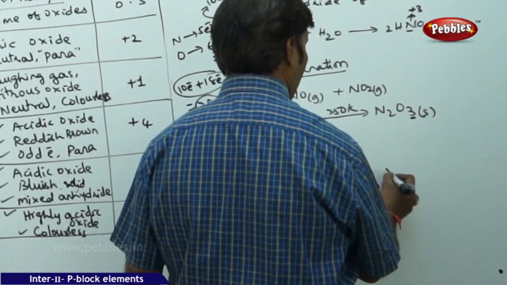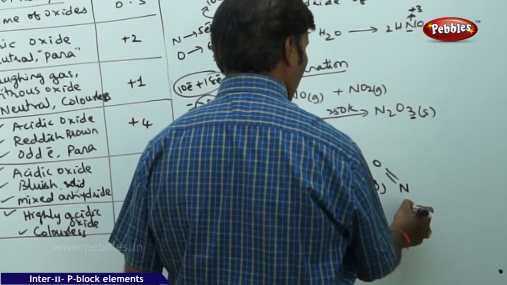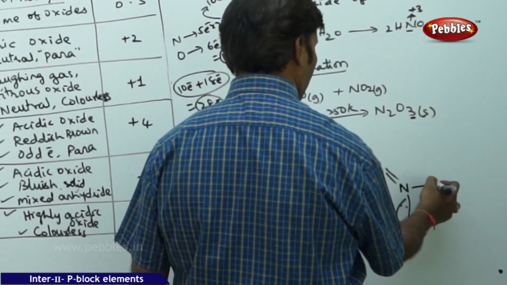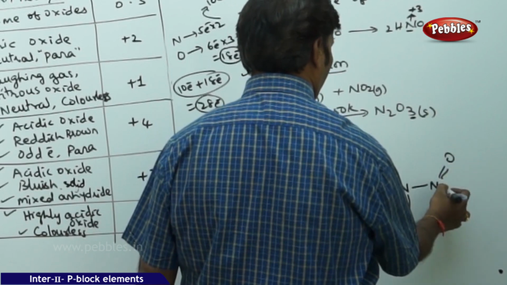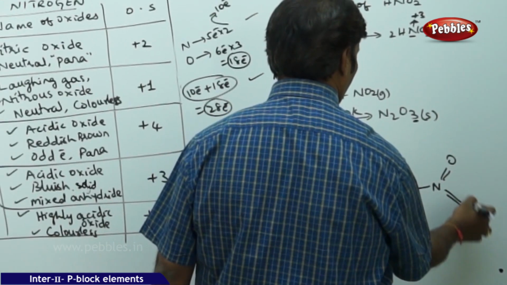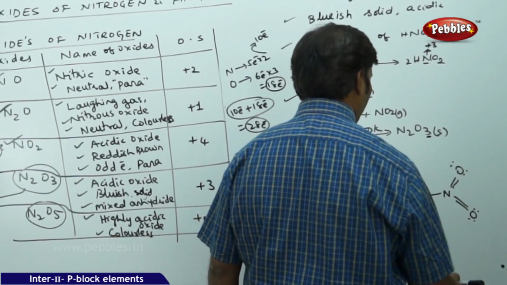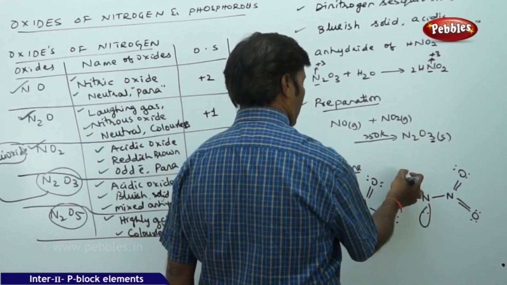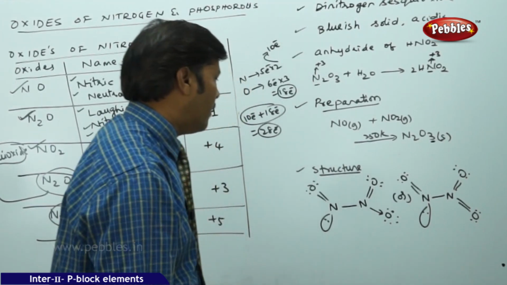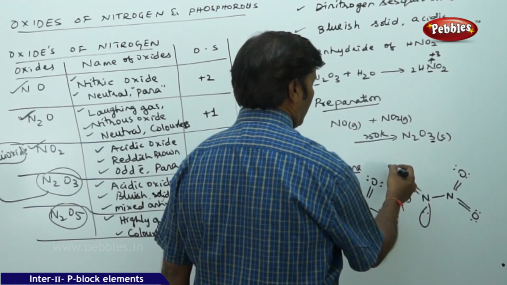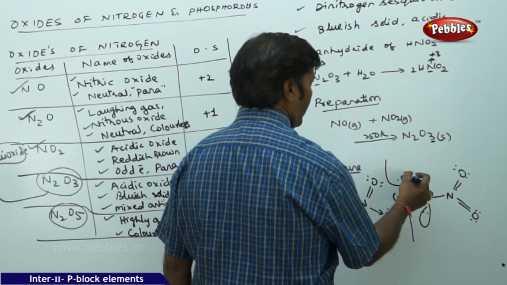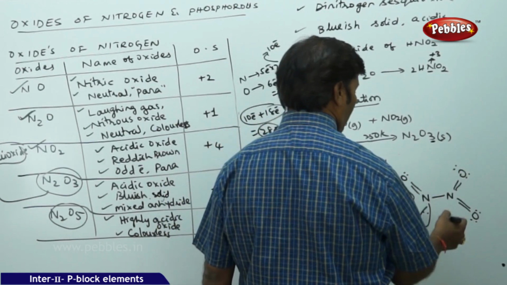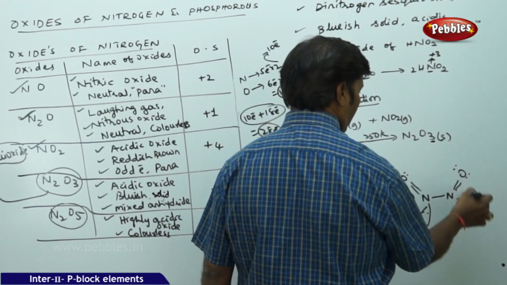Or you can take the 2 covalent bonds for oxygen with the lone pairs of electrons, then here one single covalent bond, again a double bond, again a double bond. Here you can take the lone pairs of electrons, and if you count the total number of lone pair electrons in this structure, 1 2 3 4, 1 2 3 4 5